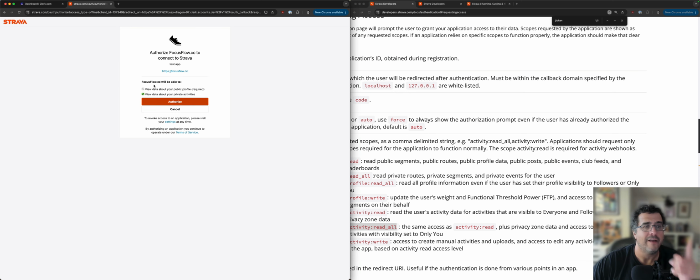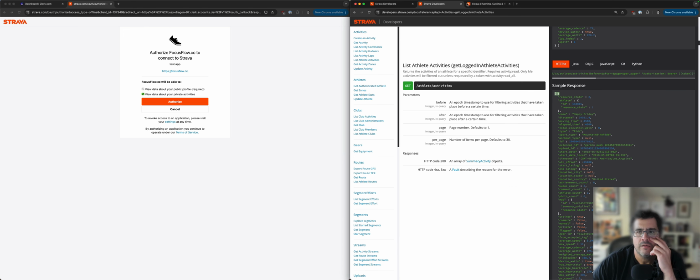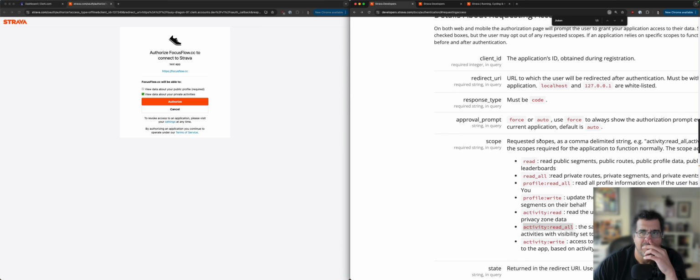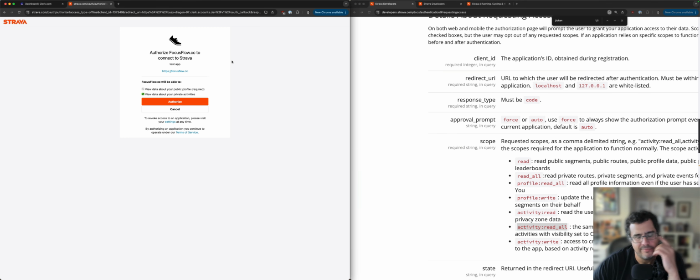Strava provider. There you go. I don't know what it was, but anyway. So notice this icon, this is coming from the app that I set up on Strava, just some URL, some domain that I had. But notice this time we have to explicitly authorize the application, our application that we're building, to view the data about,